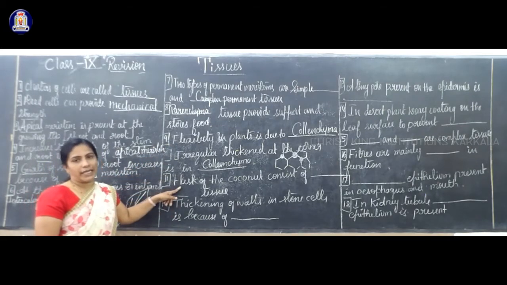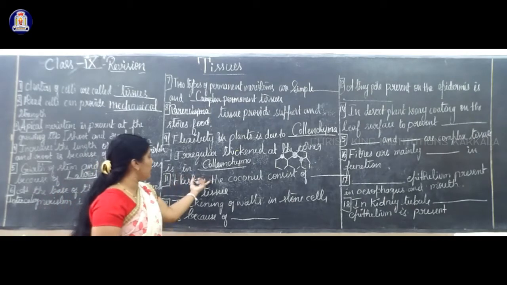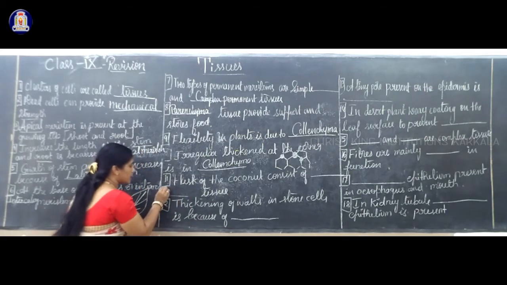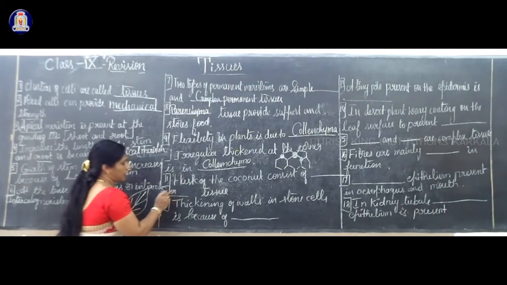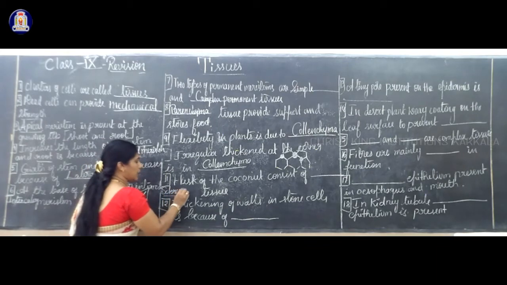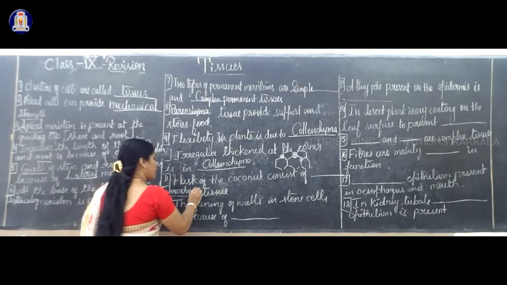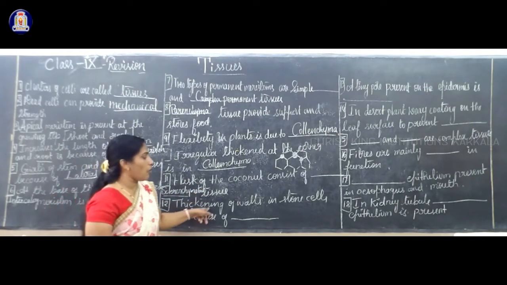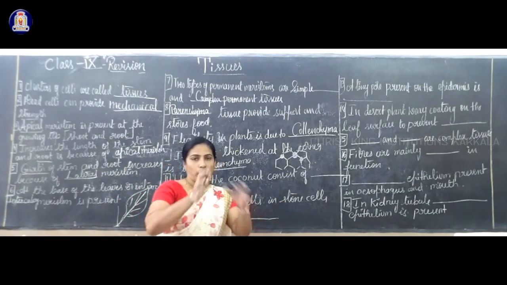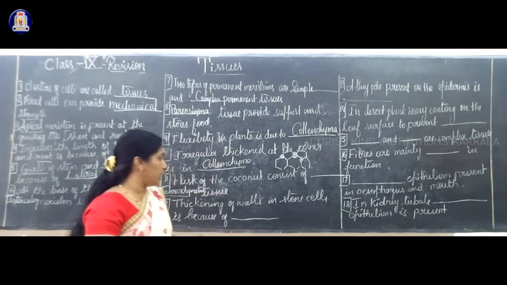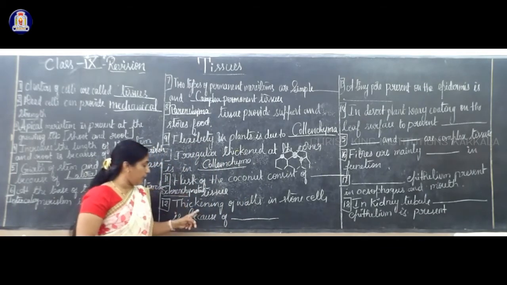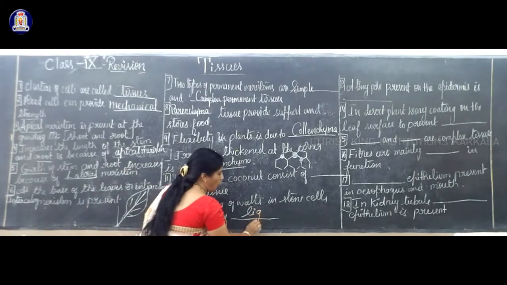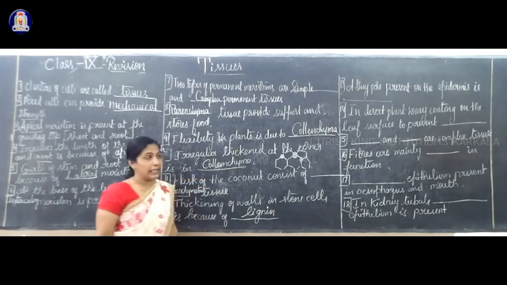Husk of the coconut. When you open the coconut, the husk of the coconut, like fiber, consists of dash tissue, sclerenchymatous tissue or sclerenchyma. Thickening of the walls in the stone cell. The coconut hard shell will be there, brown in color. Inside that it is white, which is edible. The thickening of the walls of the stone cell is because of deposition of a chemical called lignin. So that is the question.